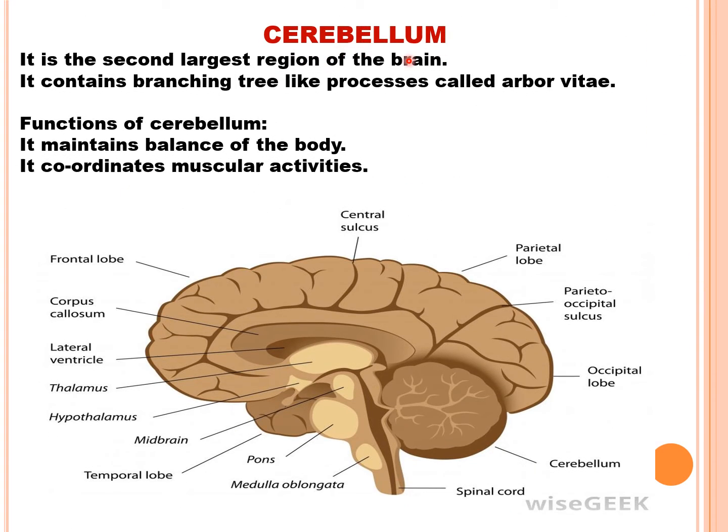Cerebellum. Cerebellum is the second largest part of the brain, and you can see that it is located at the base and just under the cerebrum. The cerebellum does not have any folds or convolutions, but it has furrows, that is, it has depressions. This also has an outer cortex which is made up of gray matter, and centrally it has white matter, which is in a median section which appears like a branching of a tree, and this is called arbor vitae.